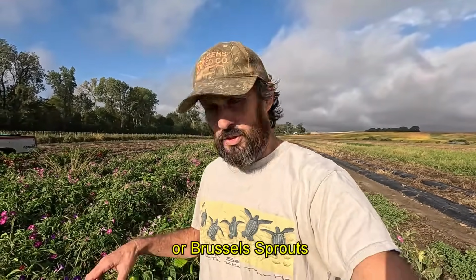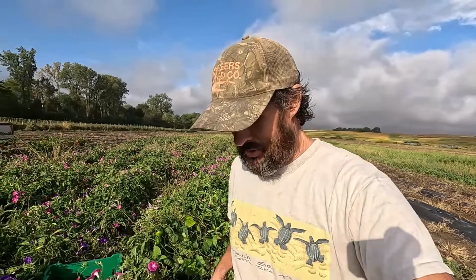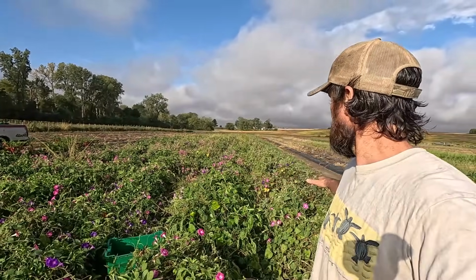Today we are picking cole crops, and on our farm that means broccoli and cauliflower. I no longer grow cabbage. And we're going to start the day off with a little bit of bell pepper picking. Maybe I should say morning glory picking. No, we're not picking the morning glories, but you can see it is a patch of morning